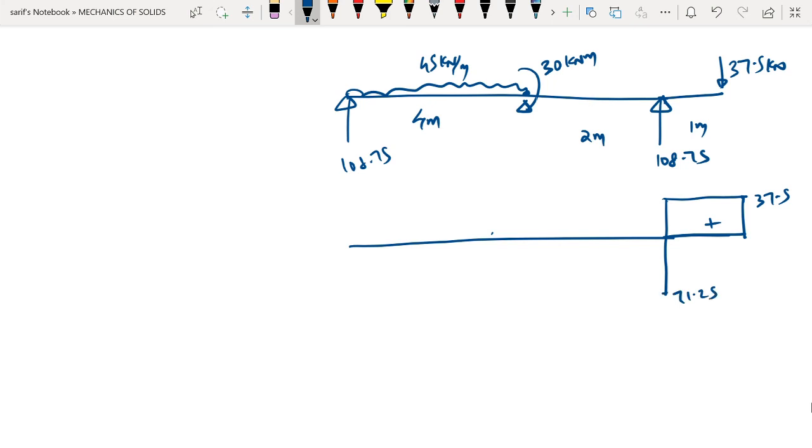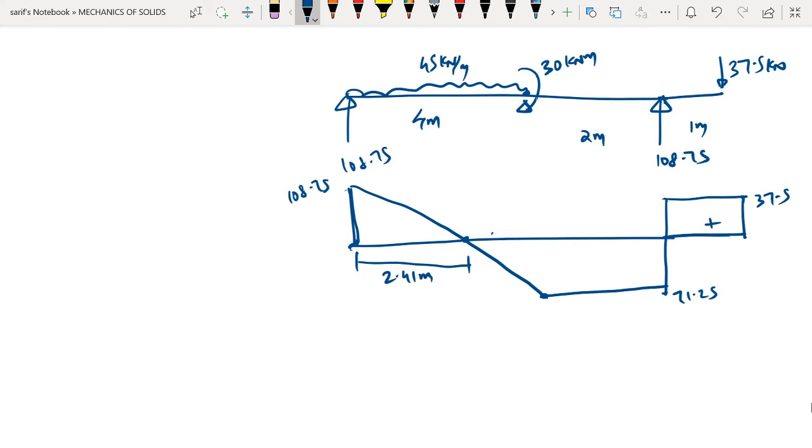Now till the point D we are having a constant variation. So this is the variation till the point D, and at the point D we are having minus 71.5. Then at the point A, we are having it as plus 108.75. So this is 108.75 here, and the variation between this is linear. So we have this linear variation, and the point where the shear force is going to be 0 is 2.41